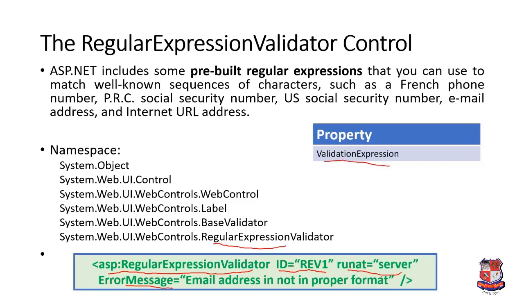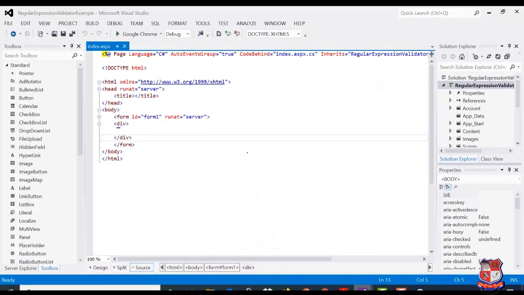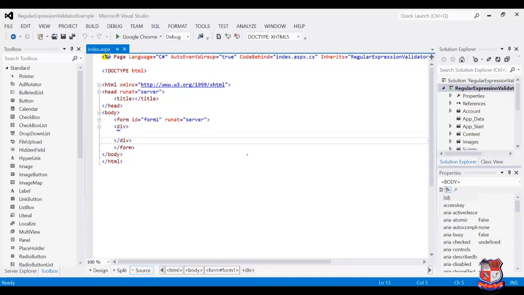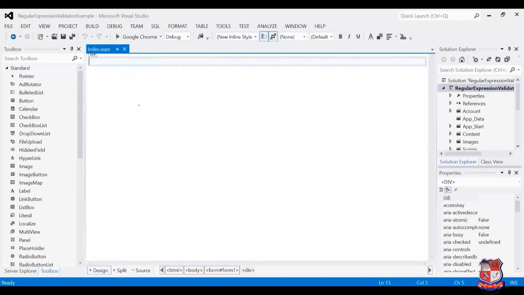Now we'll see an example for this regular expression validator control in Visual Studio. In Visual Studio, I already created a web application with the name RegularExpressionValidatorExample. Inside that, I already added a web form with the name index.aspx. We'll go to the design portion.